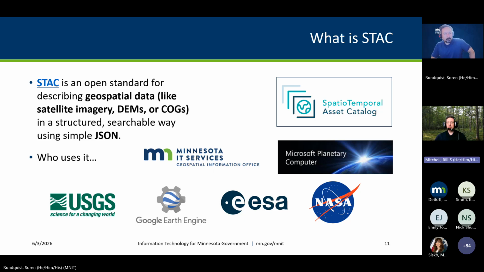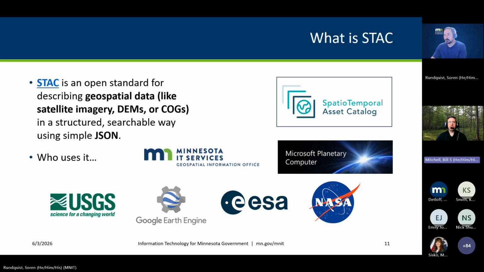So the cloud optimized geotiffs that are powering this data are really big. They're like tens of gigabytes. So rather than downloading tens of gigabytes of data that you don't want or need, we're going to talk about how to access the data in a way that you can get just what you need and not what you don't. And so one of the ways that we're helping smooth some of this workflow for users